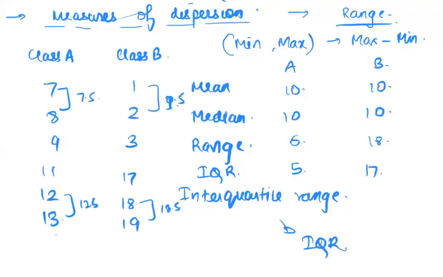Now there's a problem with both these ideas. We've discussed two ways, and obviously we are now able to differentiate between class A and class B. That problem is solved to an extent. But there are still some problems with these two approaches. The problem, as several of you have pointed out, is that these are both measures that only consider two data points. Based on those two data points, you're trying to understand the dispersion of a data set.